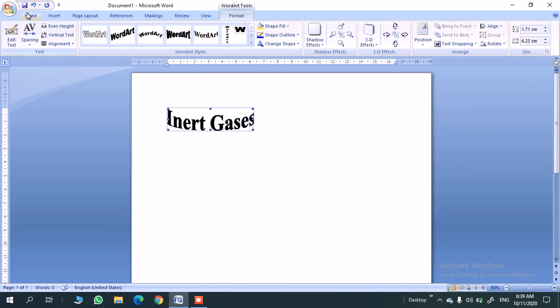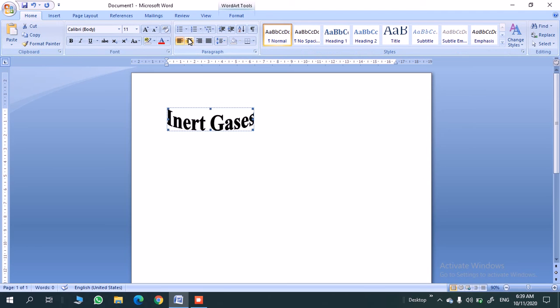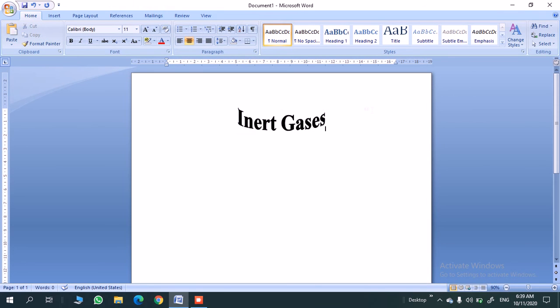Move it to the center of your page. Click on the last alphabet or to the end of your line and press enter in order to go to the next line.